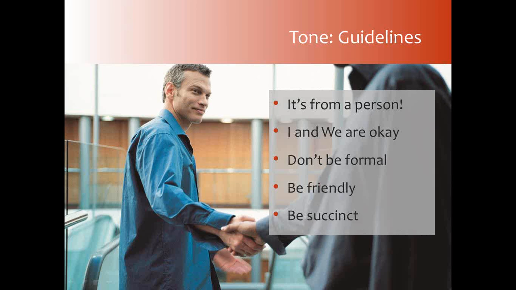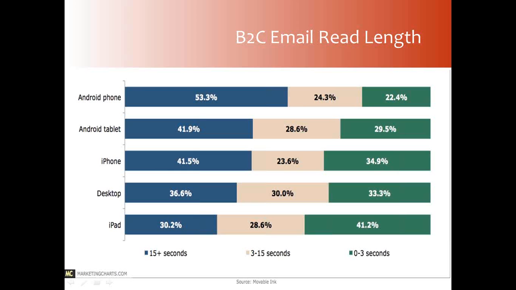To give us some context, what we know is that people don't spend a lot of time reading emails. This graph shows you how long people on average spend reading each email, and it's broken down by device. It looks like if you're an Android user, you take the most time. But you can see the vast majority of people fall in the 3 to 15 seconds range, with a full third of desktop emails being read in 3 seconds or less.